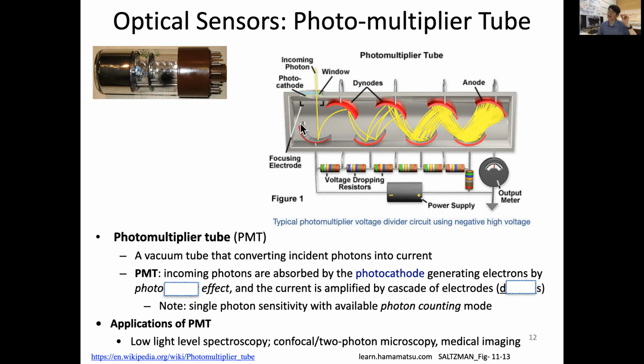So you actually have a very, very negative voltage applied on this, so that the electron accelerates to hit this metal surface, and we call it a secondary emission. That photoelectron is ejected, and another electrode is probably about 100 volts higher than this, so that the electron moves toward it and hits, and then there are more photoelectrons, and we do this over and over again, reaching this final